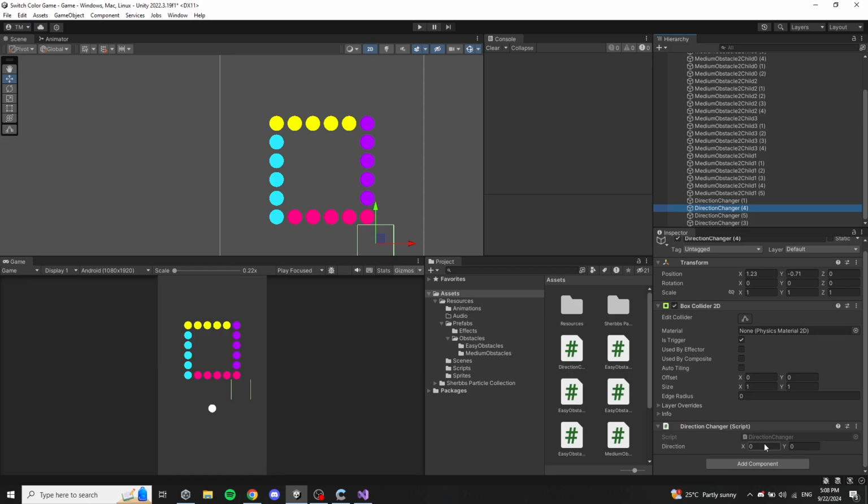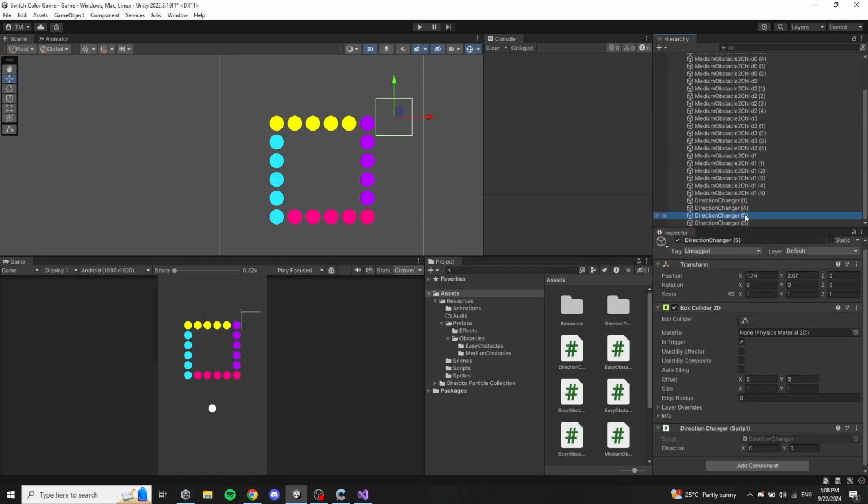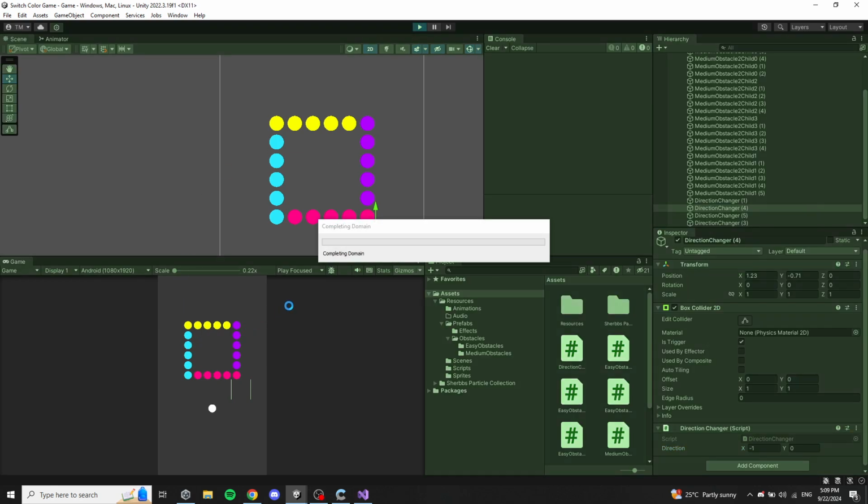So this one is 1 on the x, this one is -1 on the y, then this one is 1 on the x. So let's verify this one is correct. This one is not, this is -1. Let's see if this works. Should work, but